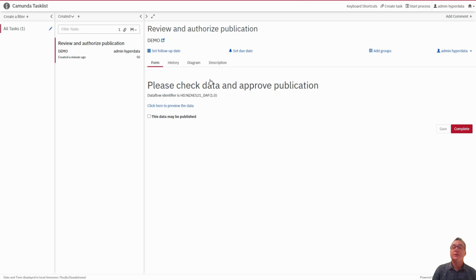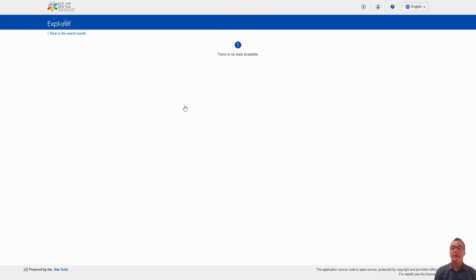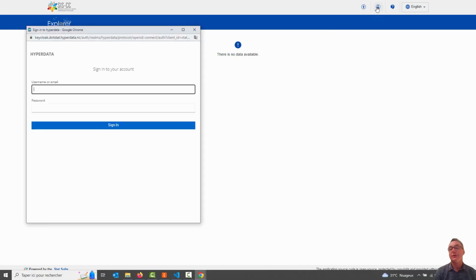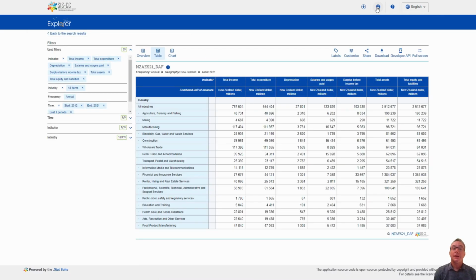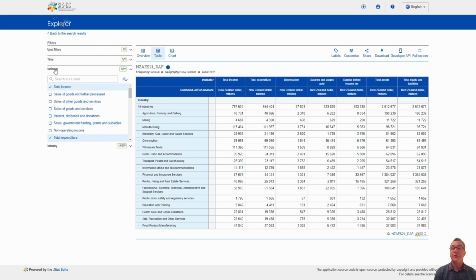So let's see in the Camunda user tasks web application what it looks like by clicking the link. The user task consists of a form inviting the user to check the data, for which a link to .stat Data Explorer is provided, and to check a box and submit the form to authorize publication of the data release. Let's click on this link to view the data in .stat Data Explorer. As we are viewing content in .stat validation environment, it is necessary to log in as access to this area is restricted. In the .stat Data Explorer, we can see the data table to be validated. We can, of course, also check structural metadata and referential metadata.